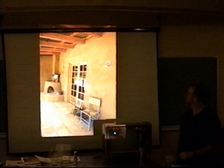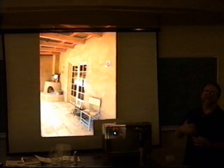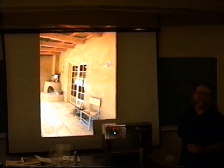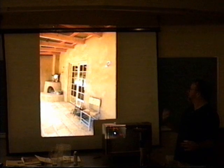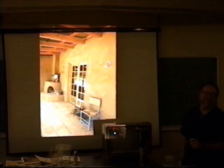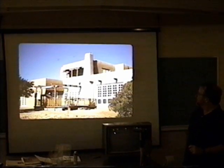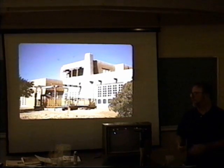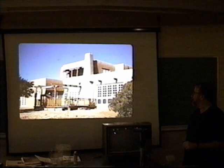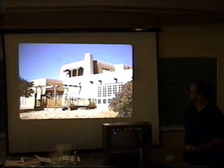This is one of the upscale examples, and some of the houses in Santa Fe have gone to the $200 custom range with very beautiful finishes, and some have done a very nice job for much less and still have very nice finishes. This is another one of the Santa Fe straw bales. It's not just something rustic that hippies do in New Cuyama or Descanso or out in the desert. It's really become an accepted building material in several parts of the world,